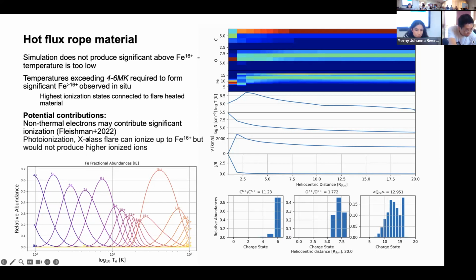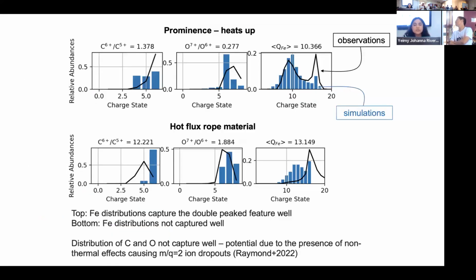Especially for very energetic solar eruptions, X-class flare type events, we think that this is incredibly important to getting to the iron 24 plus that we saw in the observations. Another thing that we considered is photoionization. Photoionization can be very important for CMEs, especially if you have an X-class flare. But what we found was that it really didn't account for ionization beyond iron 16. So it's potentially very important to producing ions up to iron 16, but really not helping us in the sense of getting to anything above that. There's really not enough X-ray flux for that to be important.